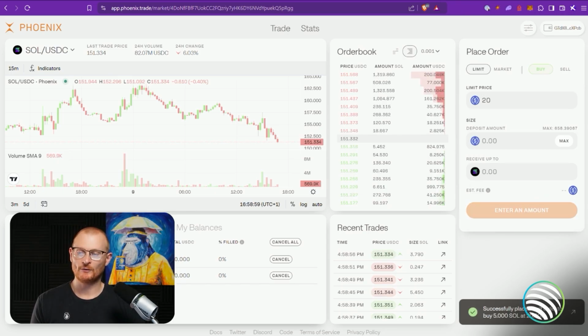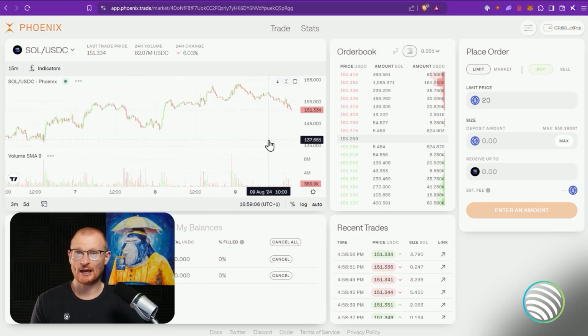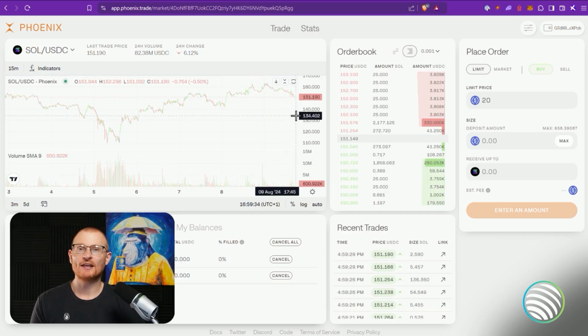But what we're now doing is we have this bid. In case it gets down that low, maybe there's some crazy flash crash. It's been known to happen before, which is why I bring it up. And maybe it just drops to $20 all the way down here. If it does, we can have our order filled and we will get 5 SOL. And then what can happen with these flash crashes, it will rebound. That's not financial advice. That's just what's happened in the past.